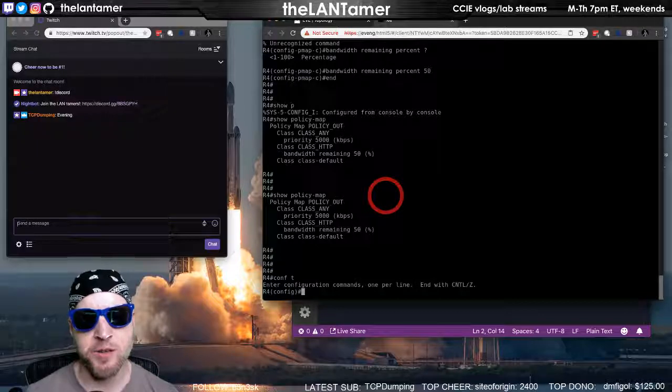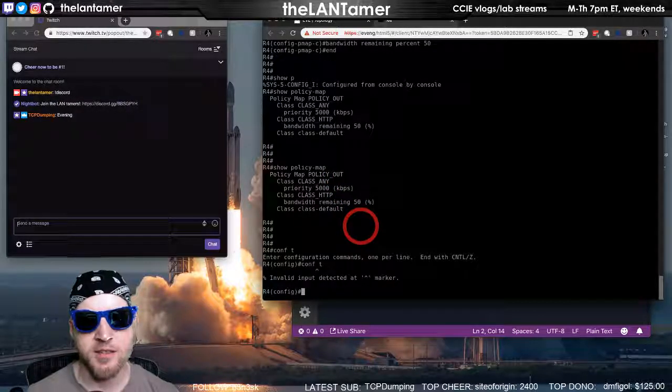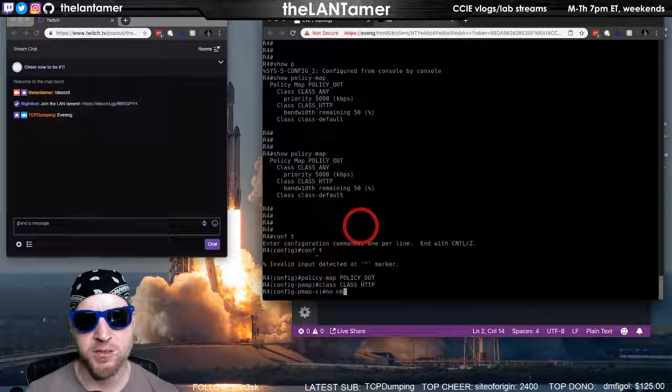So let's look at our policy map here. I've got 3 classes, any, HTTP, and I kind of gave away what I was building up to here, but that's okay. There are also rules around the class default. We'll do class, no bandwidth.